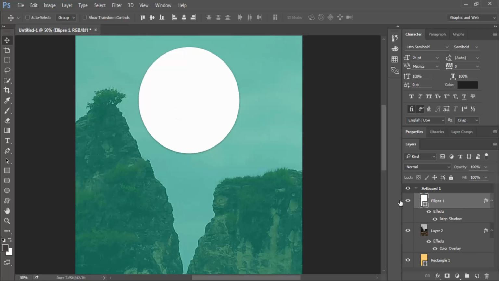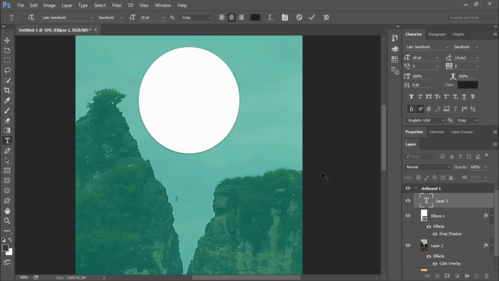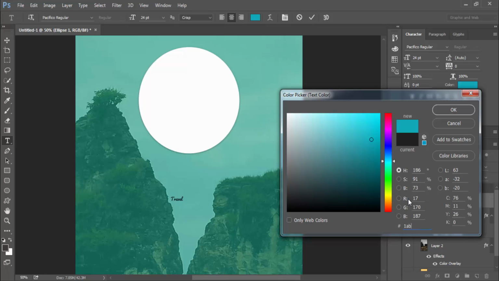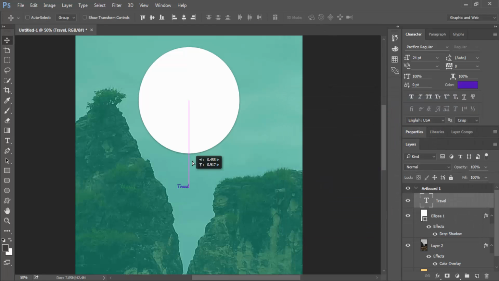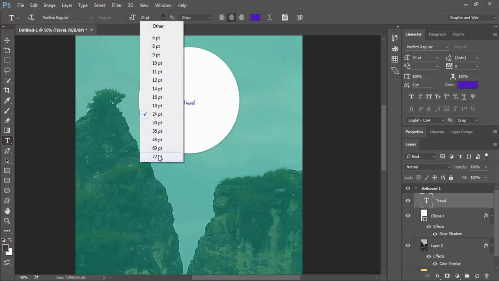Okay, we will use the text tool and create text here and type the T, and the font type is Specifico Travel, and change the color to purple. Okay guys, and move, and now resize it.